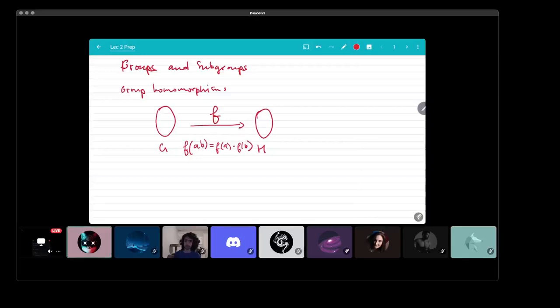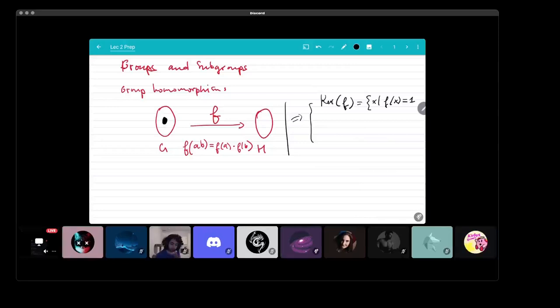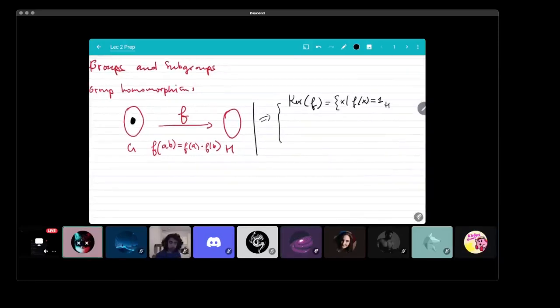And we saw that each group homomorphism gave rise to important subgroups, namely the kernel of f, which is a subgroup of the original group, the set of all elements that are mapped to the identity element of H, and the image